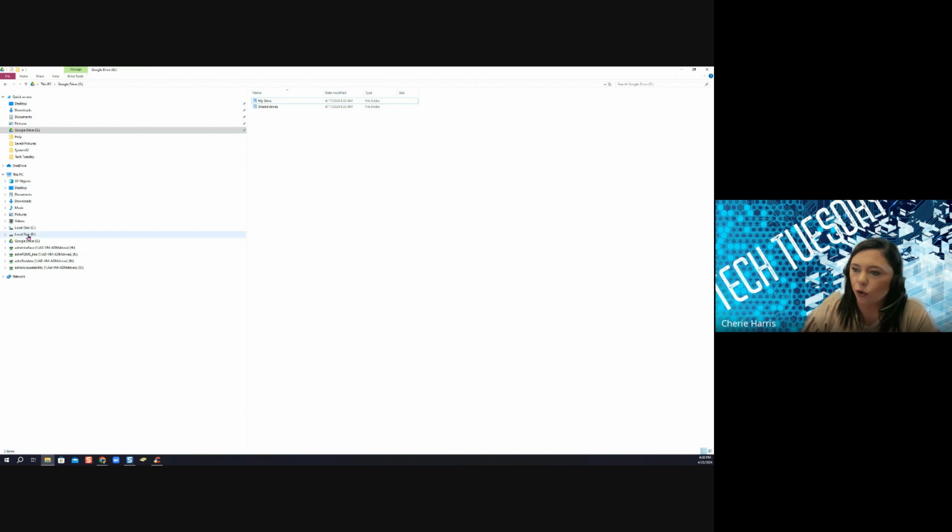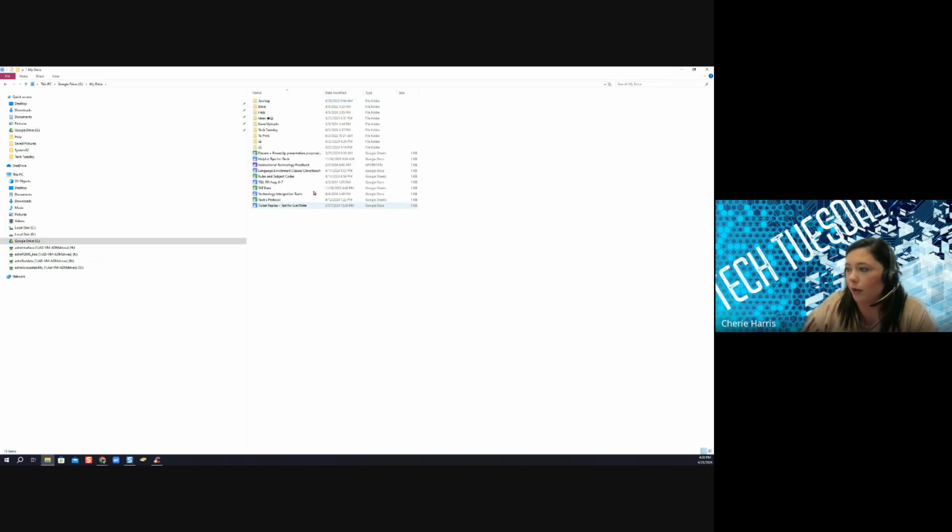If you go to the left side of the menu on your file explorer, if it says Google Drive, you have it. You can save anything you want to in this Google Drive. I just updated it. So you can see I've kind of been cleaning up my Google Drive. This was absolutely insane. But you can just drag and drop here, and it'll save directly to your Google Drive